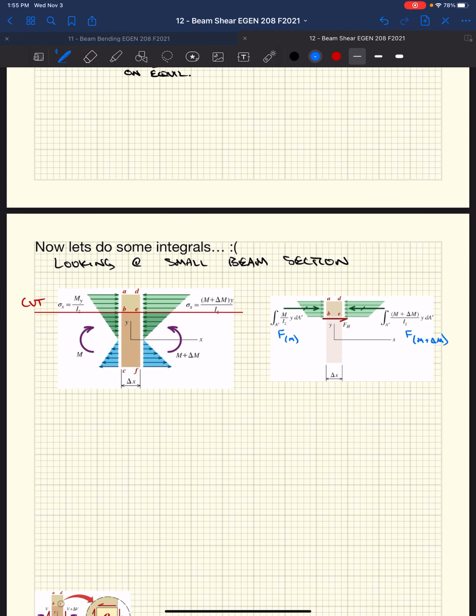And all that we were doing before is summing forces in the x direction. Right? We knew if there's an imbalance between the forces on one side of the block and the other side of the block, then we have to have a shear force. So if we look at that, looking at our three forces we've now established, right? We've got F sub M and F sub M plus delta M. Then we also potentially have this horizontal force F sub H. If we sum forces about the x, right, at our A, B, E, D block,